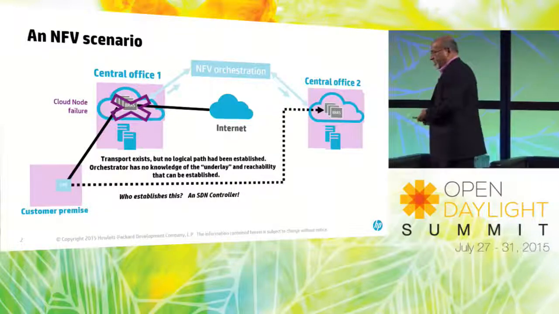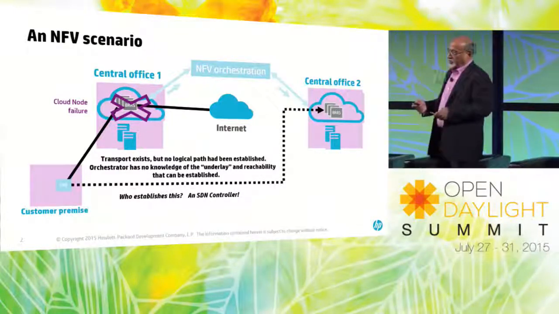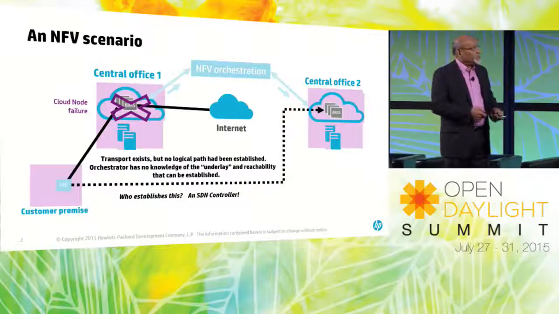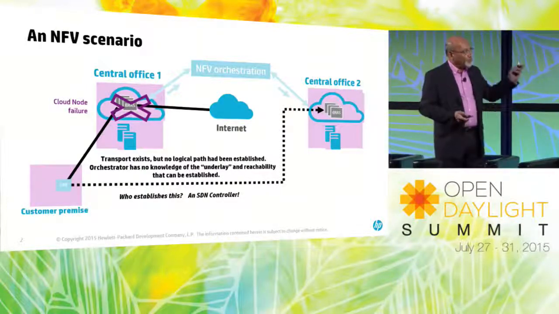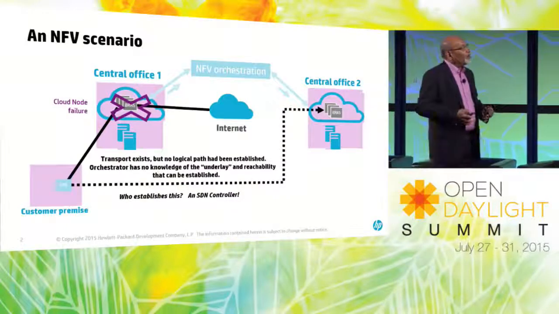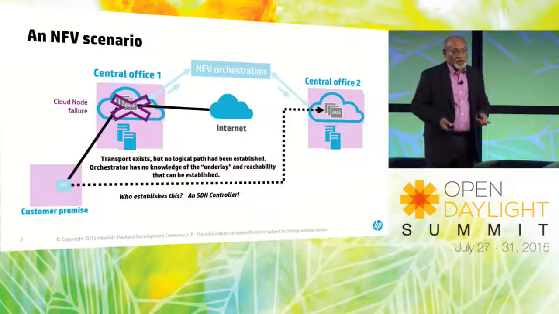So this gives you an example of, first of all, the reason SDN is important for NFV. You need to move the network with the function. And secondly, these two need to communicate in some way. And that's why the theme of my talk is, how do these cooperate? Is it going to be competitive? Is it going to be a cacophony? Or is it going to be harmony? Will they work together?